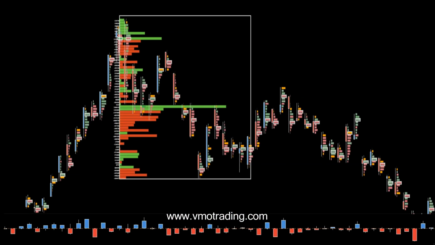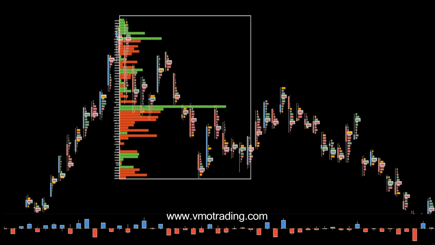In this video I'm going to explain how I use delta profiles for stocks. This chart shows a daily chart of a stock. The framed area, we see a first down move, which I